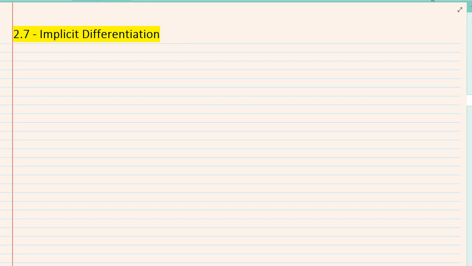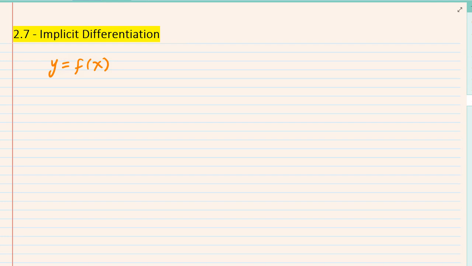In section 2.7, we're going to talk about implicit differentiation. First, let's define what we mean by implicit functions. Before we actually talk about implicit functions, let's talk about explicit functions. Up to now, we defined y as a function of x in this form, y equals